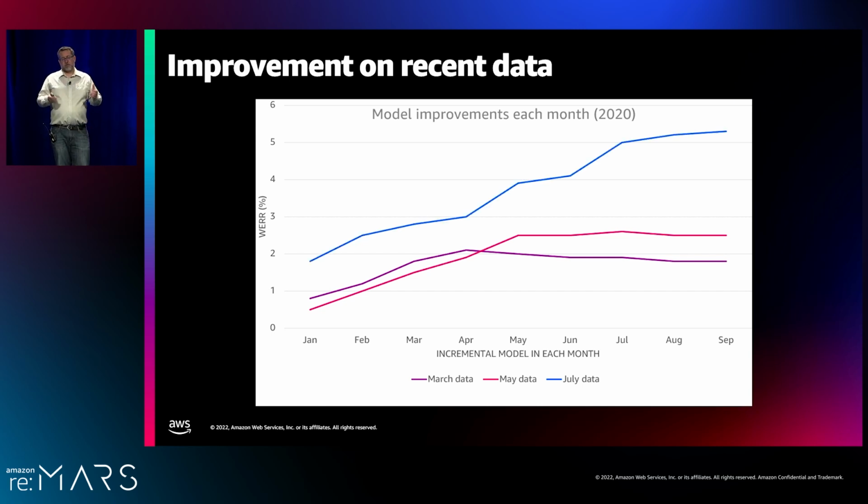And then finally, the same trend holds in July. It seems like it's getting a little bit better in August and September, but if I extended the graph out, you would see that it would also level out. So what this is showing us is that we're incrementally learning month by month and picking up on some of the changes in usage patterns and trending topics as we do that.